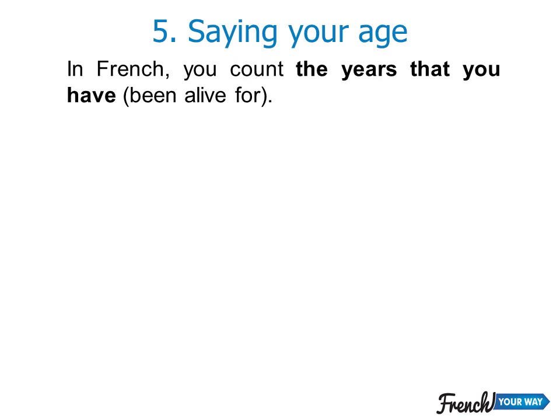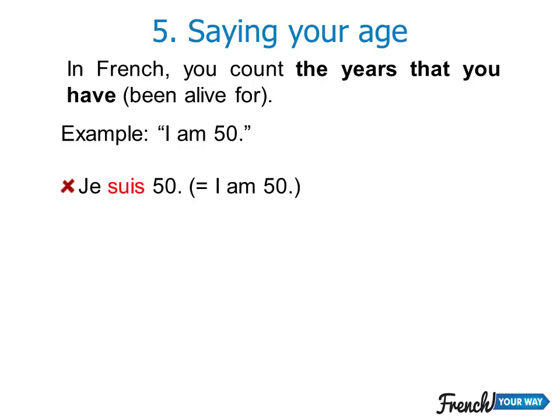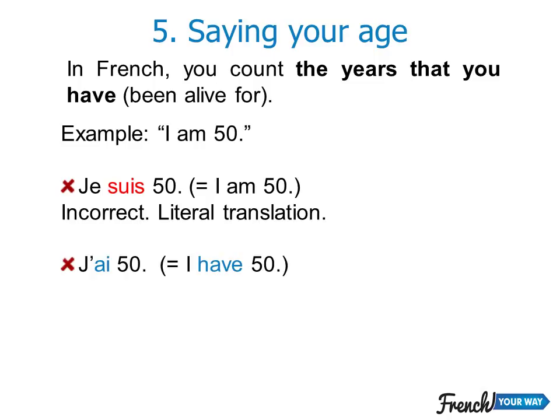In French, to say your age, you count the years that you have. If you want to say I am 50, don't say je suis 50. This is an incorrect literal translation. Remember, in French, you have an age. If you say j'ai 50, which is I have 50, that's better, but I would ask you, so you have